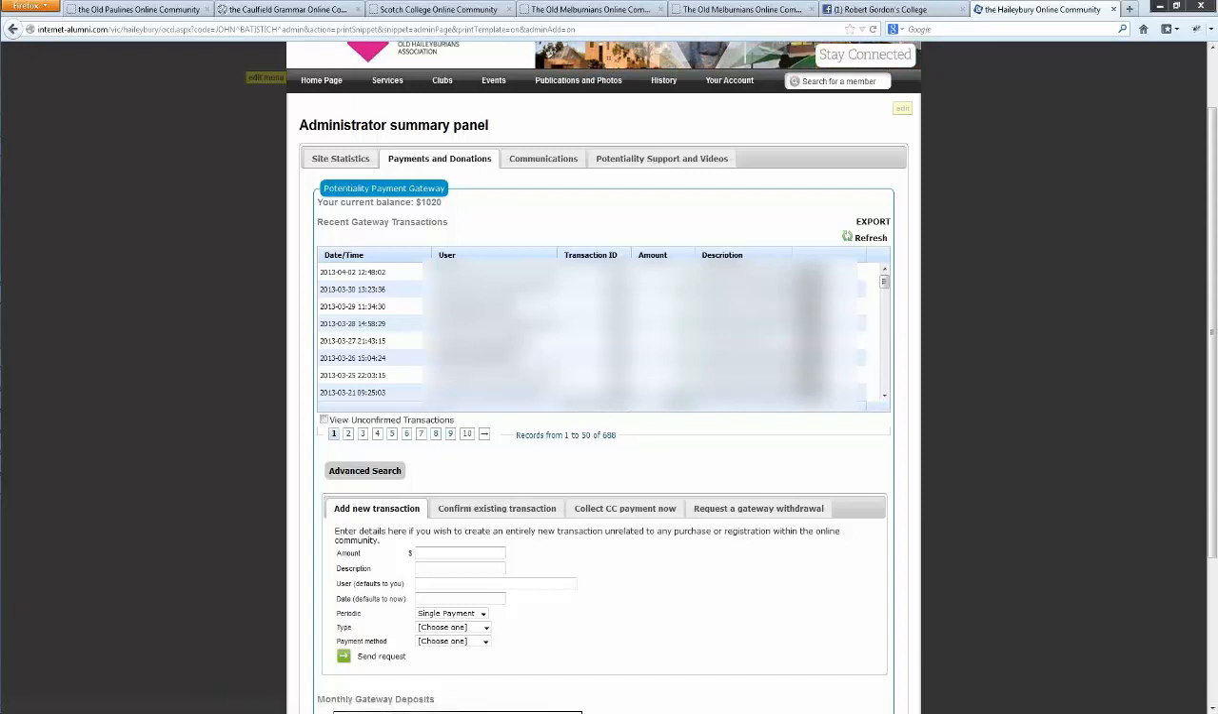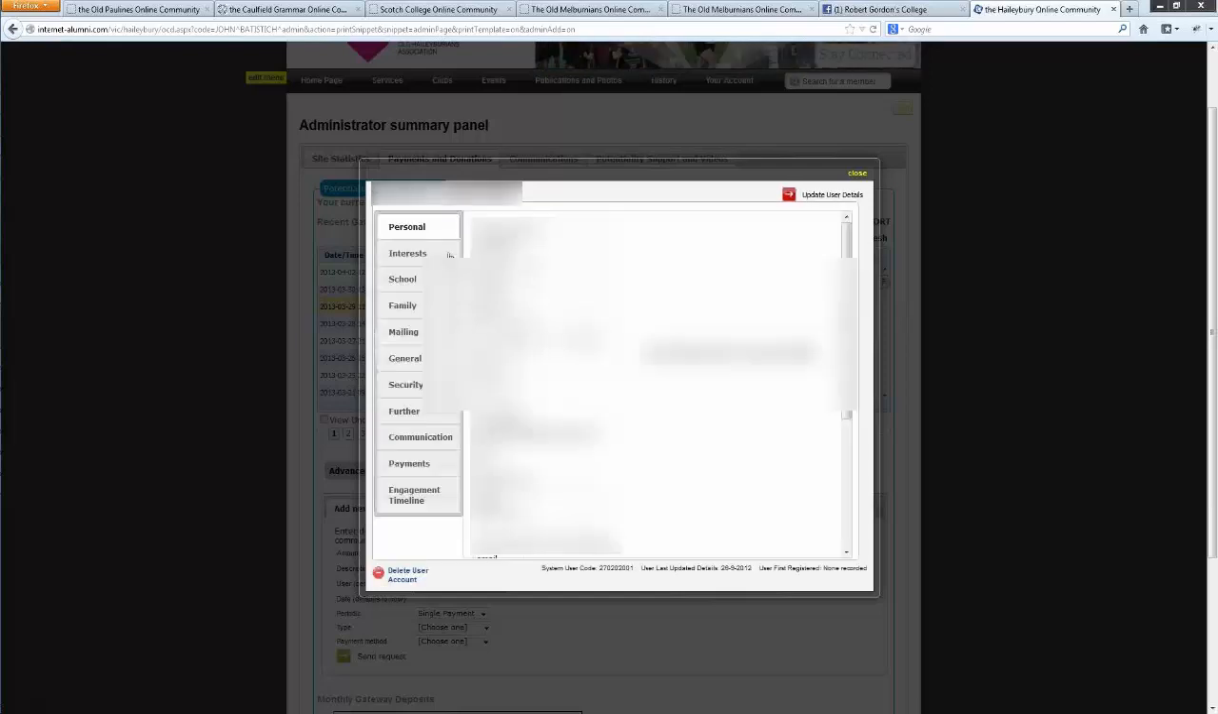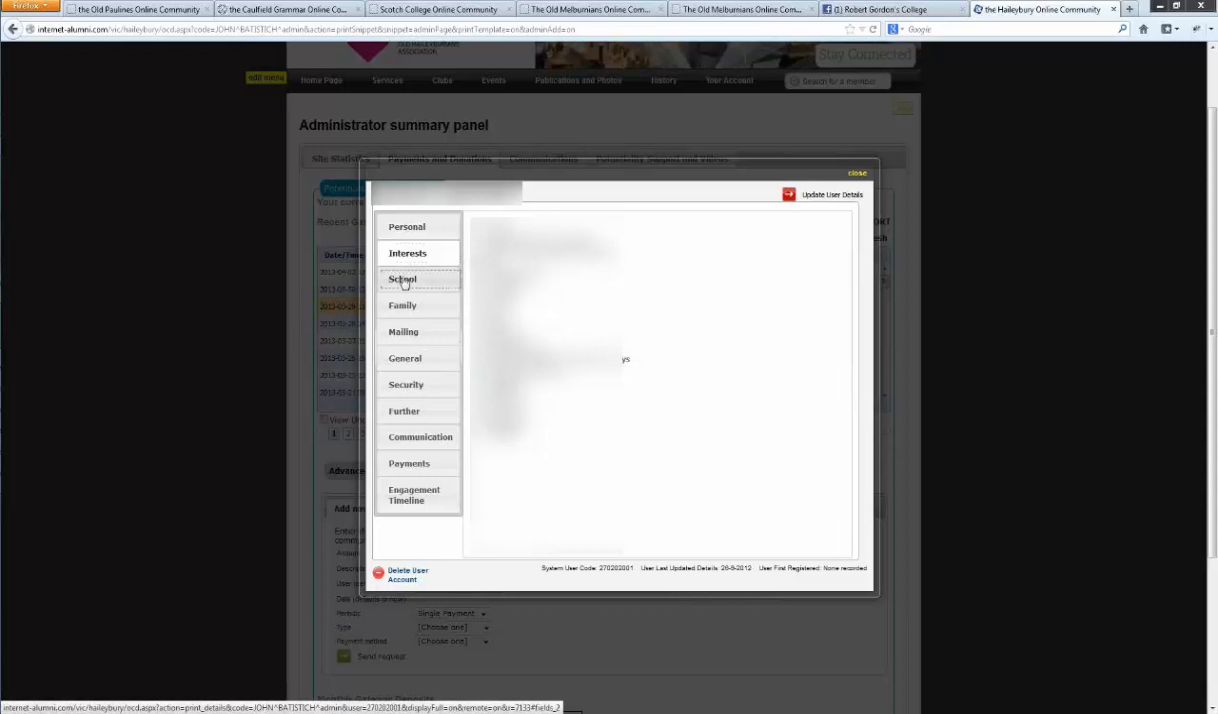And just to show you how that works, you can see we've got a list here of all the users who have made a payment, and I can actually just go through and have a look at one of these users. So I'll just click on Lee, and this will give me that person's profile. And in that profile you can see we've got all their personal information, we've got all their interests. So this person's interested in football, golf days. We've got their schooling information, family information, mailing information, general information, just further information,